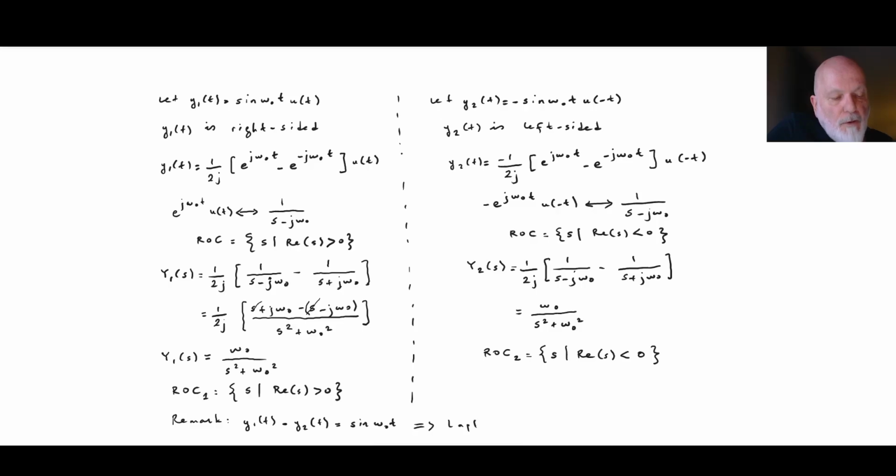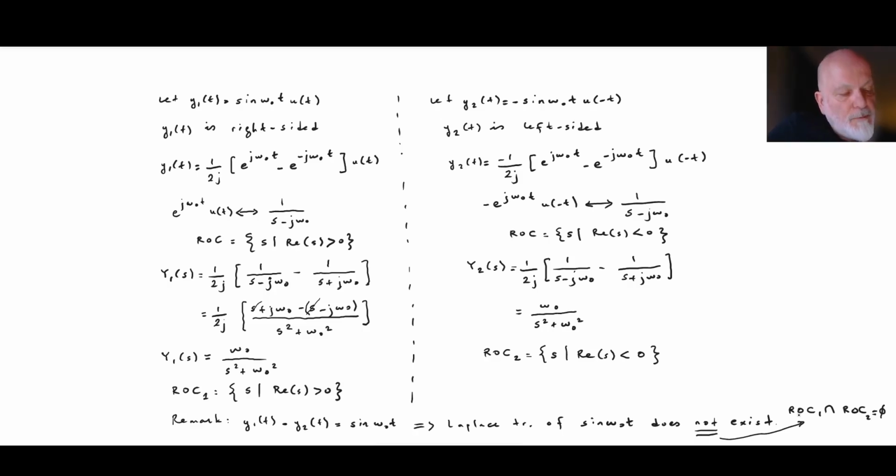the Laplace transform of sine omega 0 t does not exist. Why? Because ROC1 intersection ROC2 is the empty set. Okay. The reason